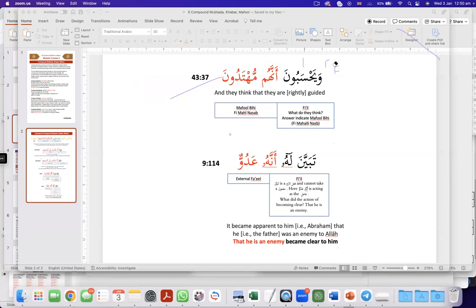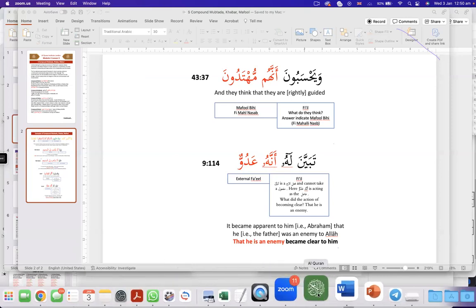So I see it now. It has the rafa on it, it has the dhamma on it, and that gives us a singular word. It doesn't have the nasab on it, which would tell us it's the object. So I get it now. Yes, exactly. But obviously, when it's compound, you don't see rafa or anything.